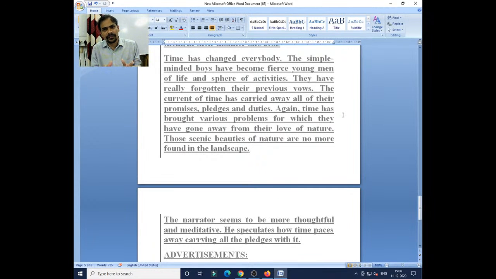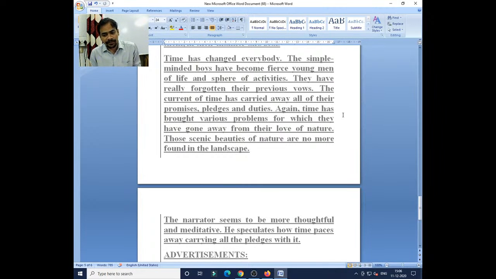Nothing negative, no feelings like that were in your mind. But now you are extracting or reviving all this learning because of your surroundings also, and you are implementing that also, and it has a bad result and some bad impact on you also. So the simple-minded boys, how have they now become fierce, very angry young men of life,